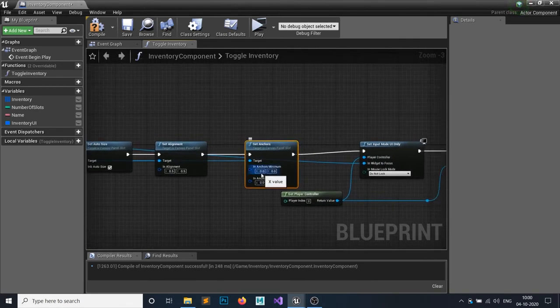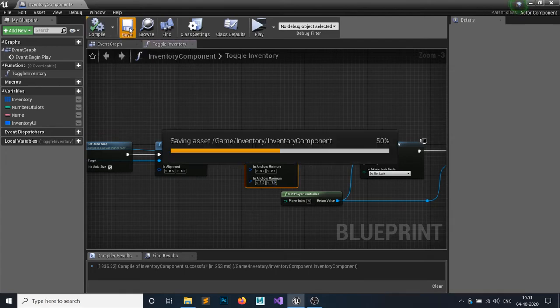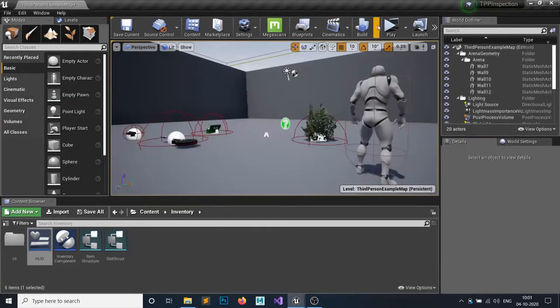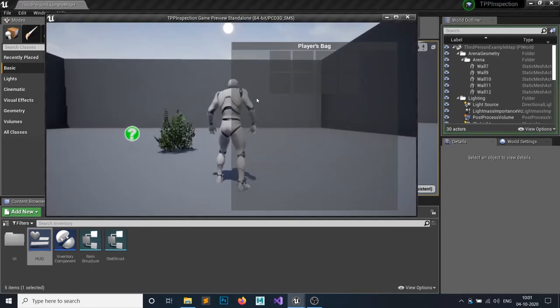The anchor X point would be on the right side, the left to right axis, so I want to make it 0.5, and the Y axis would be 0.1, so it might face the right side. The maximum is the greater size, so I want to set it to 1, 1, so it faces the middle side. Let's hit play and see. It is facing the right side, but it is quite big.